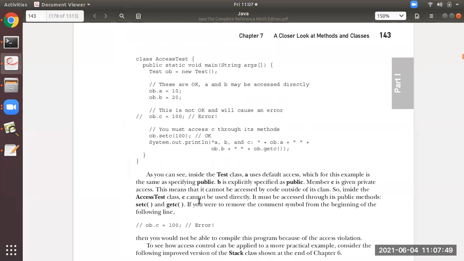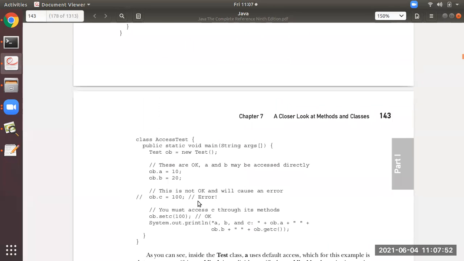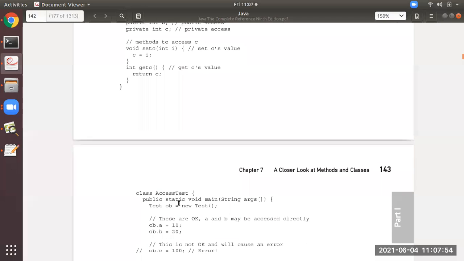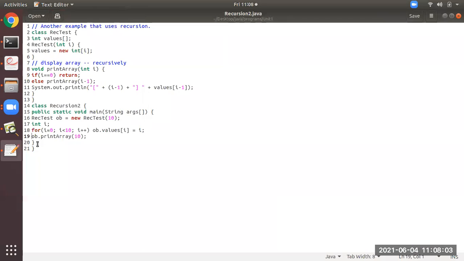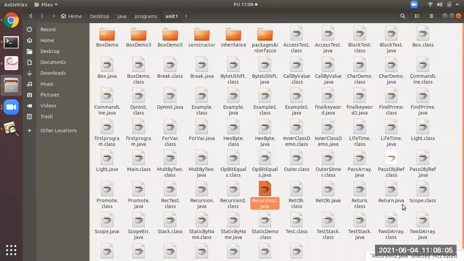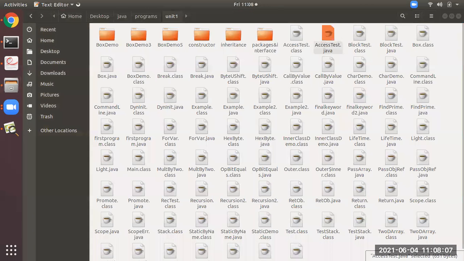Okay, so that program I have already copied in my computer in the notepad. Its name is access test over here. You just see here, I'll open the program, access test. This is the program.